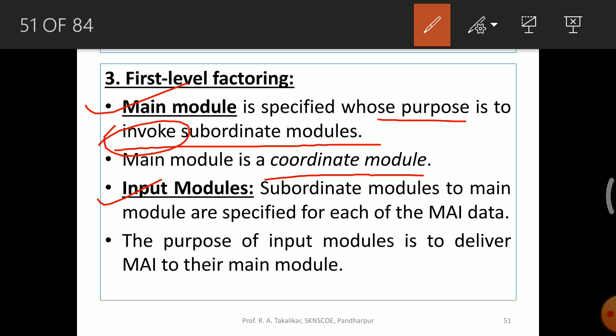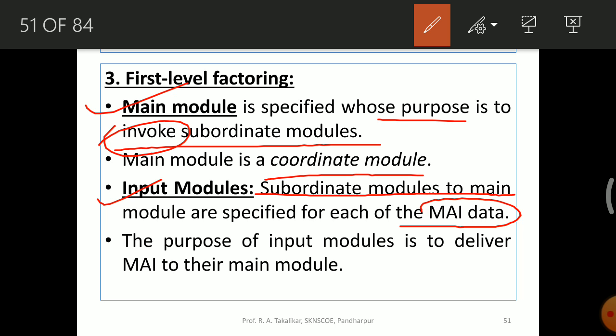Out of that, the first is input module. What is an input module? The subordinate modules to the main module are specified for each most abstract input data. Means for each most abstract input data, a subordinate module is created, and that will be considered as input module. So what will this input module be doing?